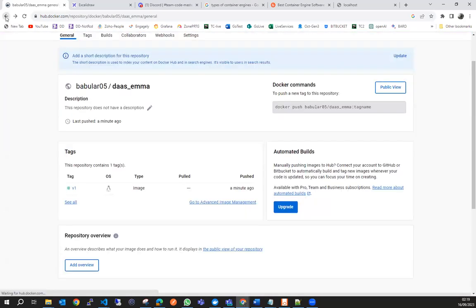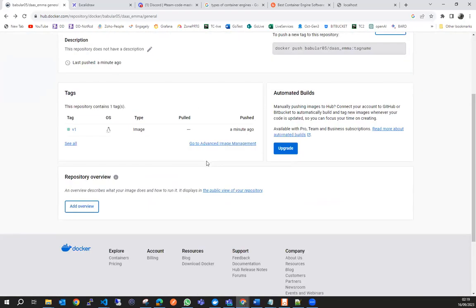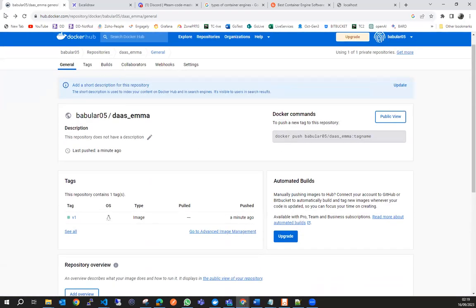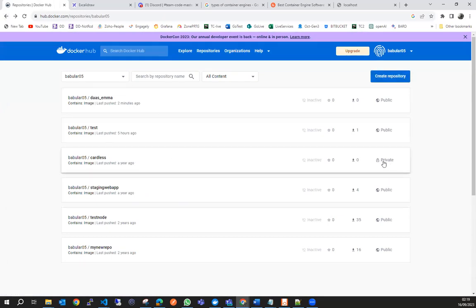Where do I even change to private again? Let me see. Well, that would be an assignment for you. I know I've changed this thing to private on these other ones, but that was over a year ago. I can't even figure it out because I don't even use this. So figure out how to change this to private. So let's move on. That is that about pushing to the Docker